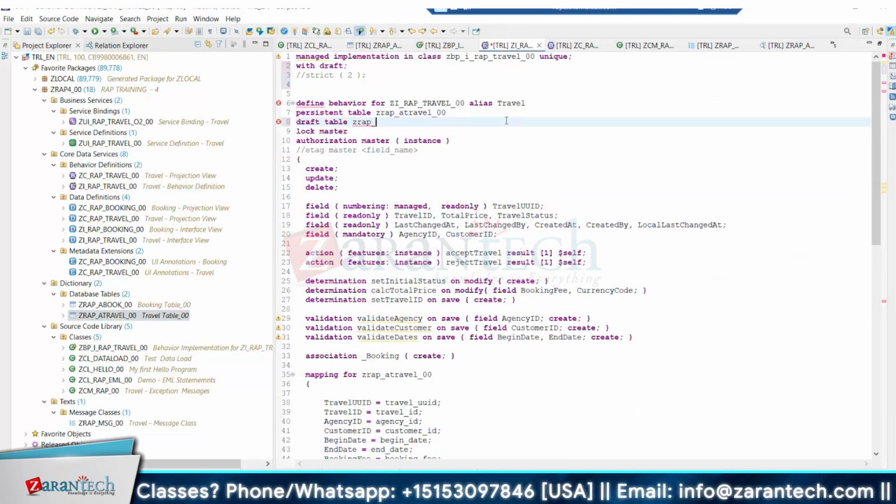The draft table for travel, this time I will maintain ZRAP draft travel underscore 00. That is the actual travel table, and this is a draft travel table. One draft table I have maintained,